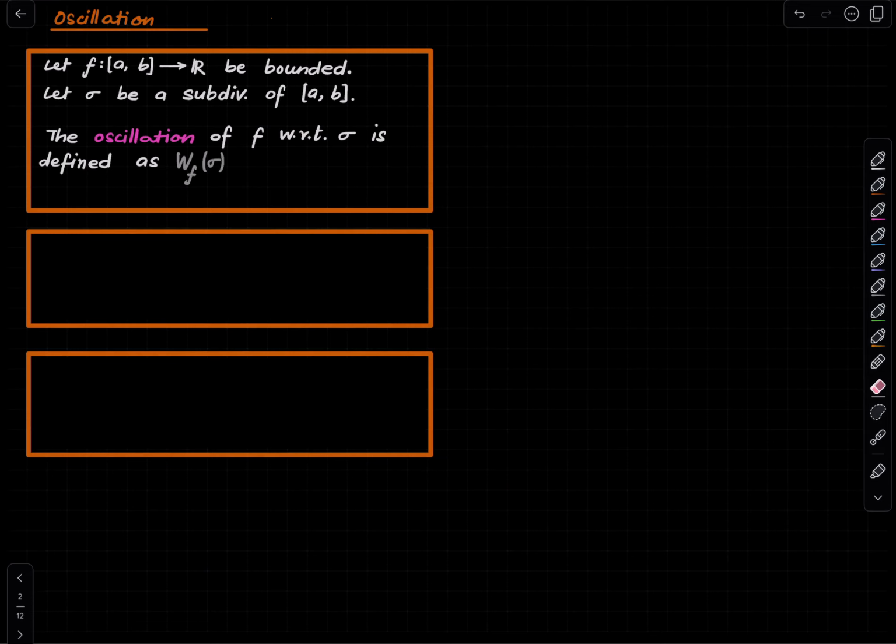This is equal to the difference in the upper sum and the lower sum. Okay, but let's see what that is exactly saying. So this is by definition equal to